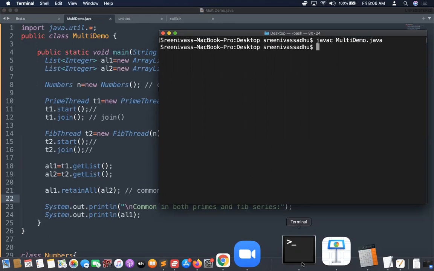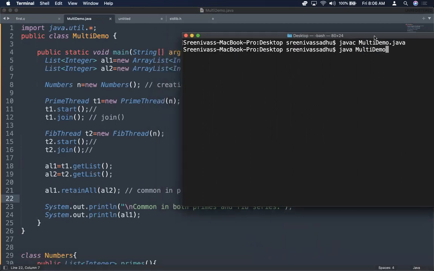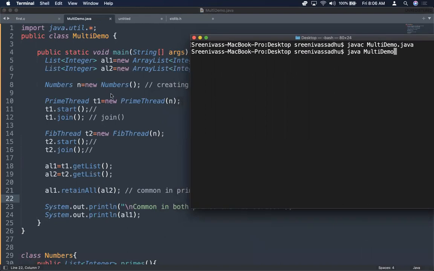There is no problem. And when I say java space multidemo, it is nothing but multidemo.main. And whenever the main method is started, the main thread is also going to get created. So the main thread creates two array lists, then it instantiates the numbers, then it creates a T1 thread, prime thread, and then fib thread.